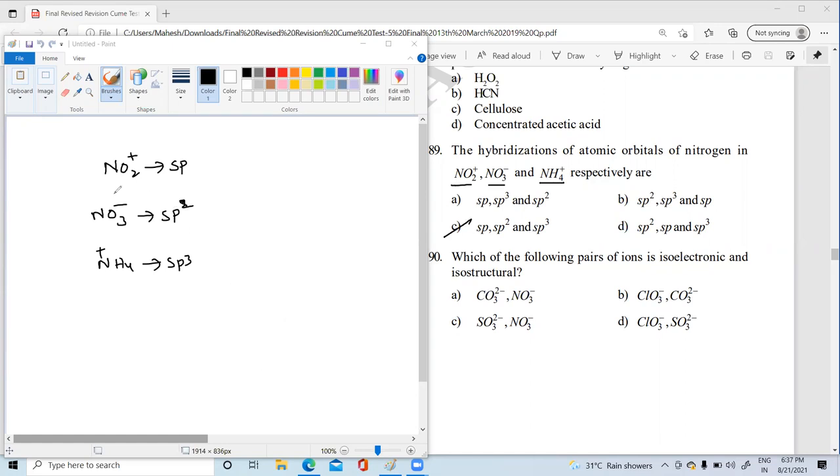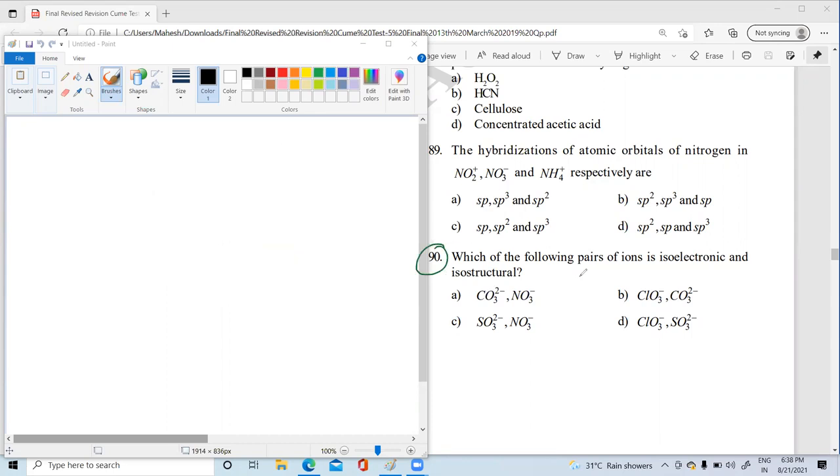How to identify this? We only have to know the central atom, students. Which group does the central atom belong to here? As we know very well, oxygen is bivalent, right? For the central atom we take 5 dots, because it is a 15th group element. Each oxygen can form 2 bonds. Since it is a positive charge, right, students, we have to remove 1 dot. So there are 2 sigma bonds, and the hybrid orbitals are sp. Like this, if you do it, students, you will get the others also. So option C is the correct one.